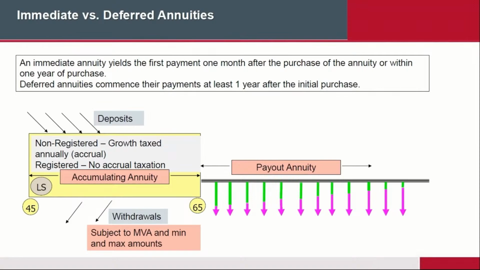So once we start paying you out, you cannot cancel the contract. So in a deferred annuity, as long as it's accumulating, yes, you can cancel the contract, pay your penalties and all that. But once we start making a payment to you, from 65 onwards, we start sending you a check, you cannot cancel the contract anymore. Okay, so at that point, it is rigid. It's very, very rigid, and you're not going to be able to cancel that. So you have to factor that into your decision making in terms of your investments and everything else. Okay, so let's move on.